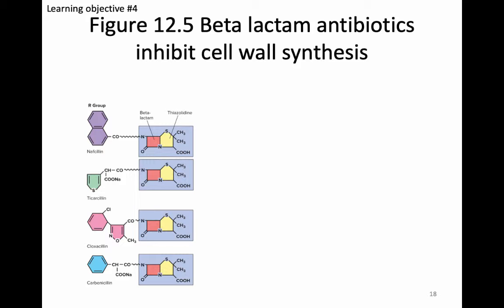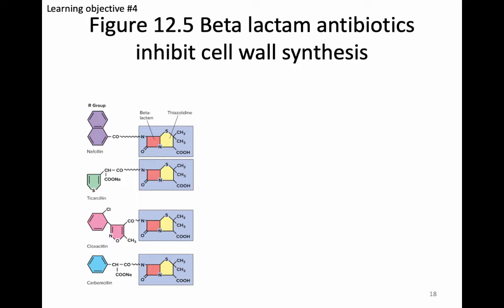Shown here are 4 different molecular structures of antimicrobial beta-lactam drugs. You'll notice that each of the molecules shares the same 4-ring structure, which is highlighted in orange. This is called the beta-lactam ring. This part of the structure is really important because the beta-lactam ring can wedge in between peptidoglycan, which is the molecule that makes up the bacterial cell wall, and will prevent the bacteria from being able to build cell